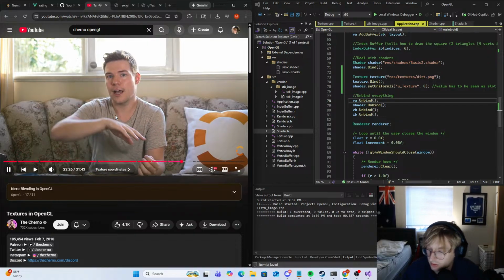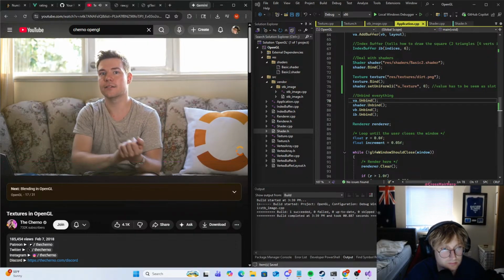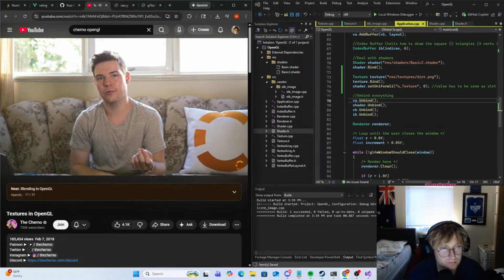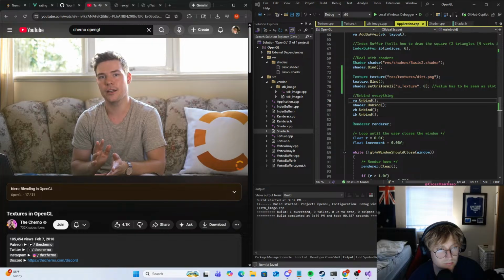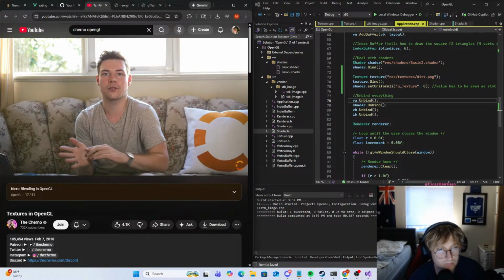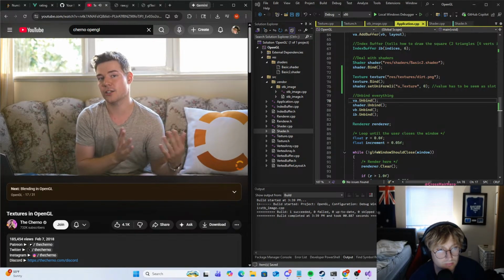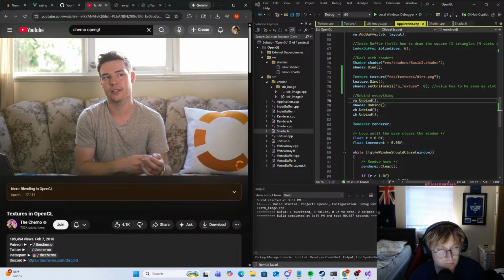0, 0, and the top right is the other end of the texture, which in OpenGL terms is going to be 1, 1. Okay, because we don't really tie textures to certain sizes, or tie texture coordinates to a certain resolution, because the texture could be